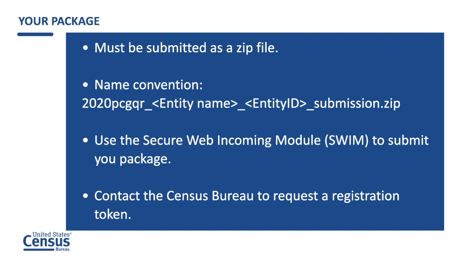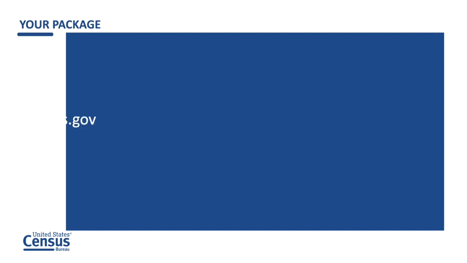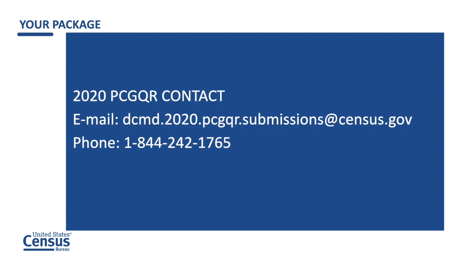To submit your case package online, you need to use the Secure Web Incoming Module, or SWIM. If you already have a SWIM account, you can use that for your submission. If you do not have an account, you must contact the Census Bureau to request a registration token by email